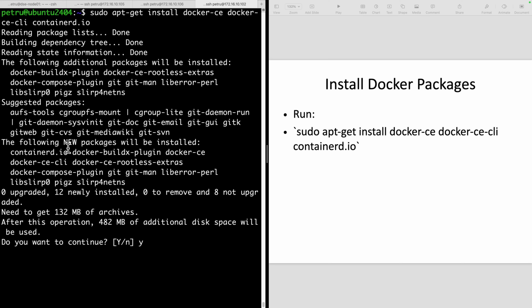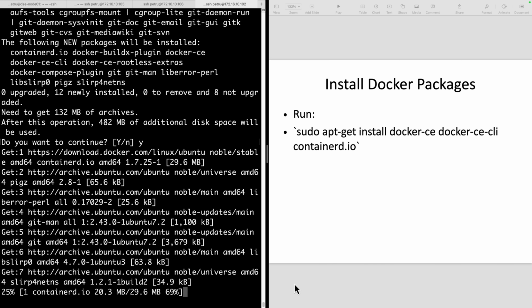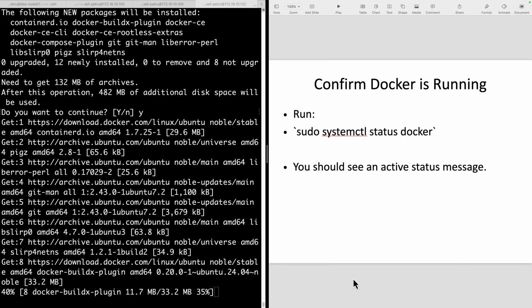As you can see, some 132 megabytes of archives will be downloaded from the internet, and this operation will take 482 megabytes of additional disk space on your VM. I will press enter and wait for the